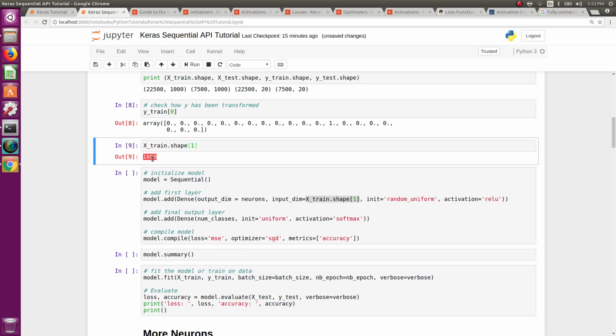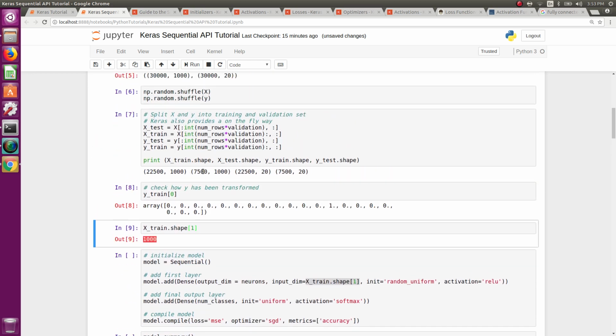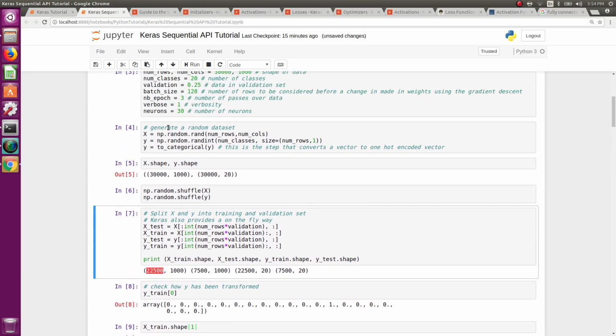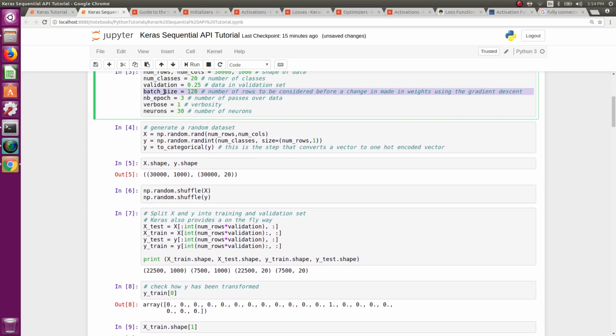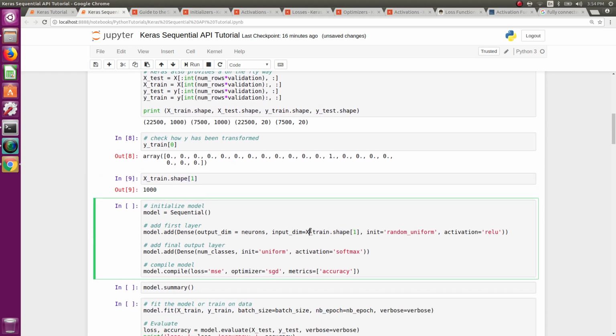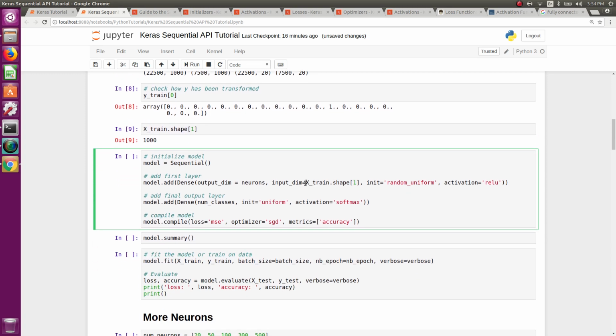Although we have 22,500 examples, it's row by row, and it will pass in a number of batches, and we define the batch size here as 128. So every time it will be 128 rows, but the number of columns will be 1000. We need to provide that only for the first layer. For the other layers, Keras is smart enough